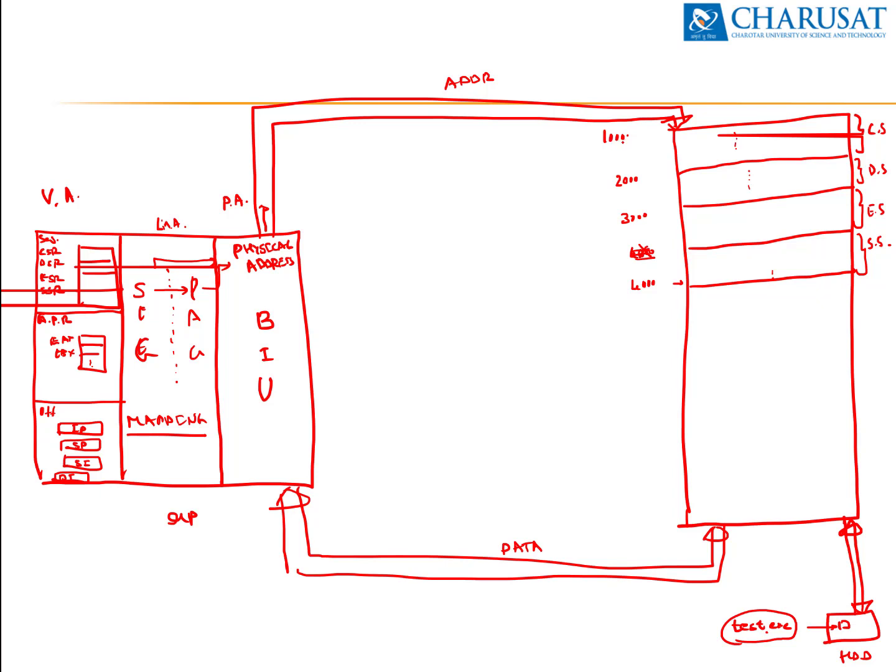So the code segment base address is 1000, and that will be part of the CSR. I'm using the word 'probably' because this is the normal scenario before segmentation and paging came into the picture. When paging and segmentation came into the picture, this base address will be part of some other portion, which we'll see soon, that is a descriptor. So right now, assume this 1000 is available in the CSR. This 2000 is available in the DSR, 3000 will be available in the ESR, and 4000 will be available in the SSR, the stack segment register.